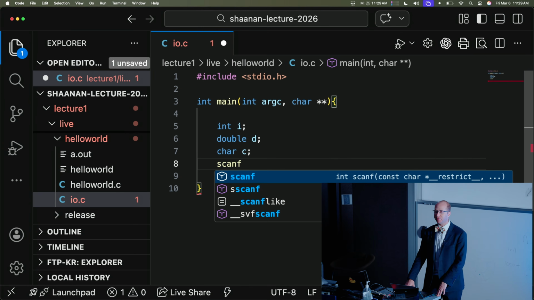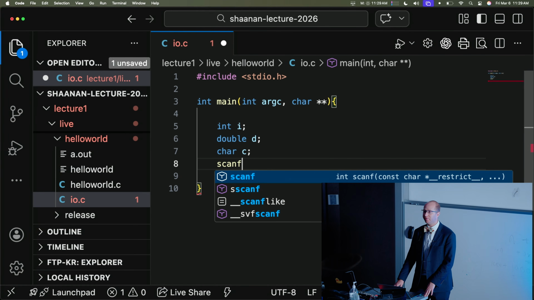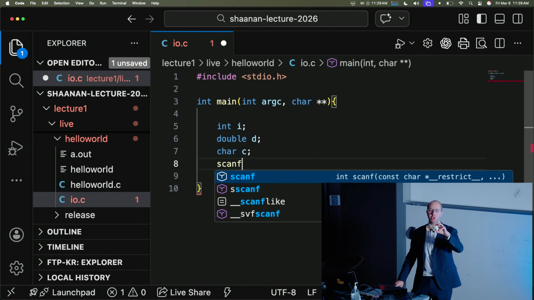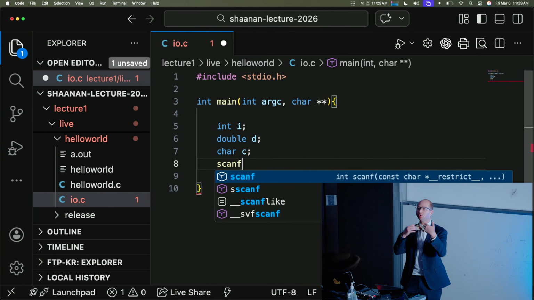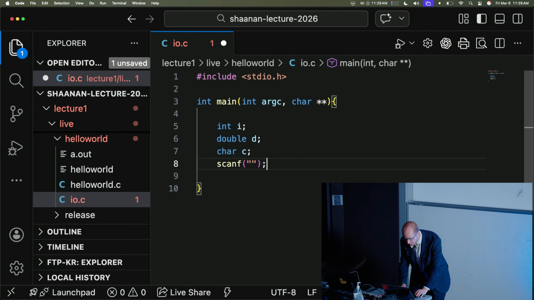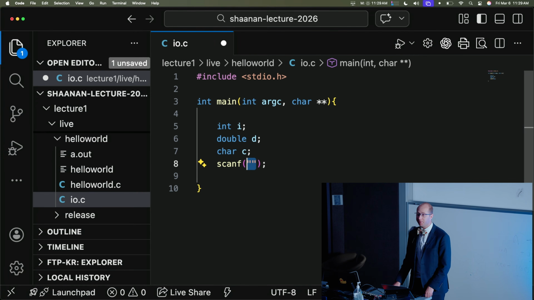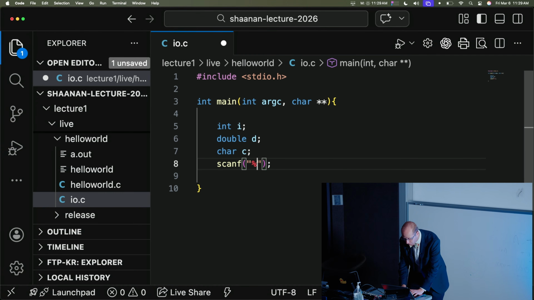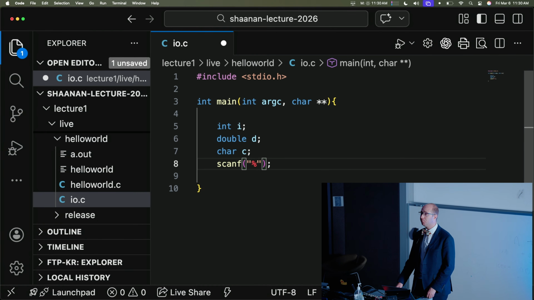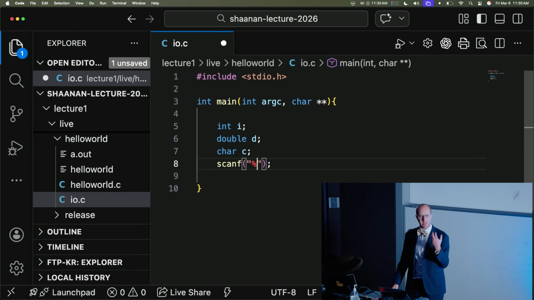And the F here stands for formatted because it allows us to very easily tell the computer, read in whatever the user is typing and interpret it in this way, or read in the instructions that I've given you and interpret it in a way that you can format it properly. So in order for these functions to work, they take in some input in the form of a string, and the way we represent a string in C is with these double quotes. And this is what we call a format string.